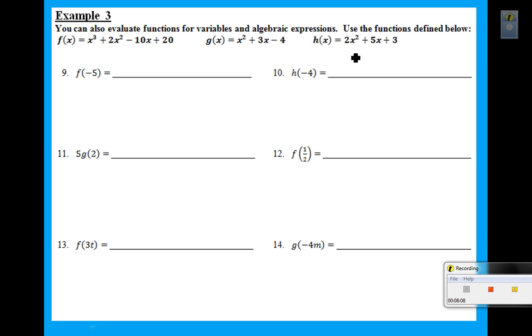So when you look at number 9, it says, hey, let's go find f of negative 5. Here's what that says. It says, go hunt down the function of f. Well, that's obviously this guy. And it says, throw away the x and plug in negative 5. So here's what it's going to look like. Since I'm working with the negative number, I'm also going to use parentheses. I'm going to have negative 5 to the 3rd plus 2 parentheses negative 5 squared minus 10 parentheses negative 5